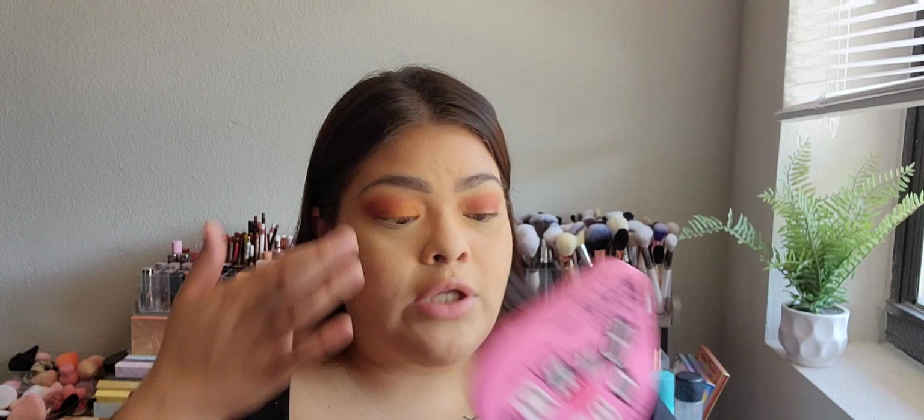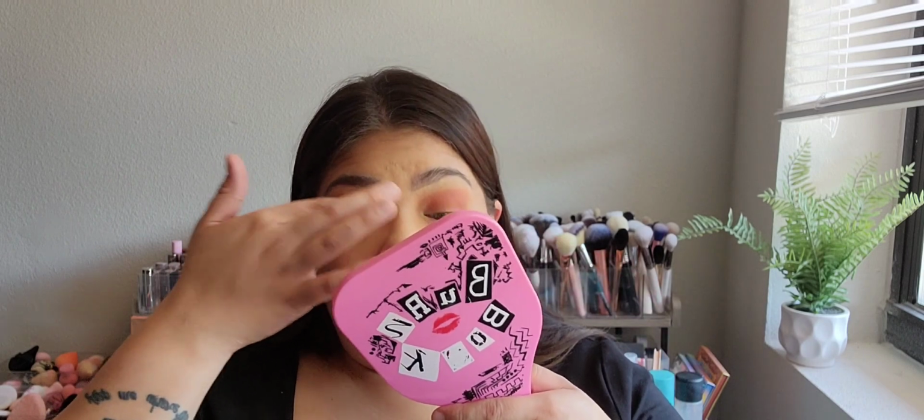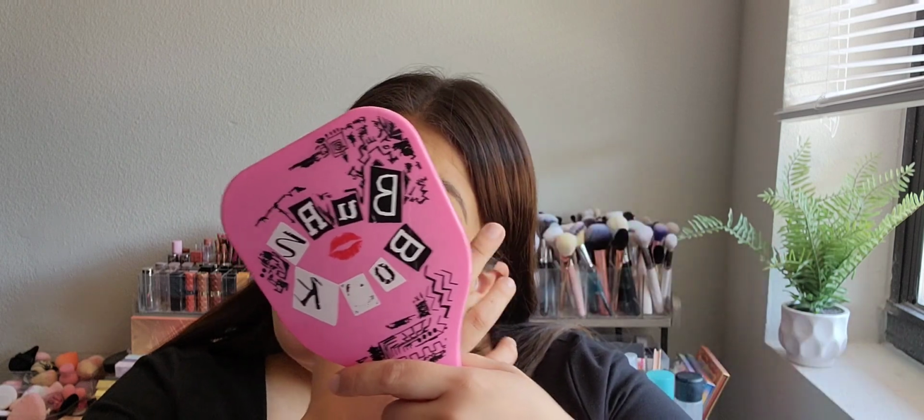Yeah, I like that. Okay, I just need more on my finger. I love this palette. I unfortunately don't think it's available anymore, but I feel like sometimes they'll randomly restock certain items. So if you happen to find it, or maybe even at TJ Maxx or Marshalls, I would highly recommend it. Yeah, that's beautiful. So I don't think I'm gonna have to lighten it or anything like that,